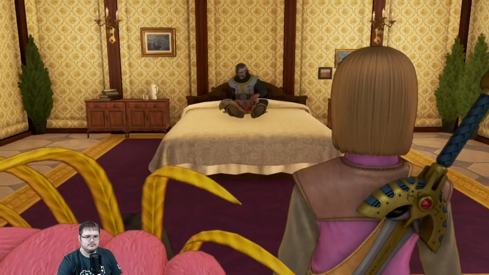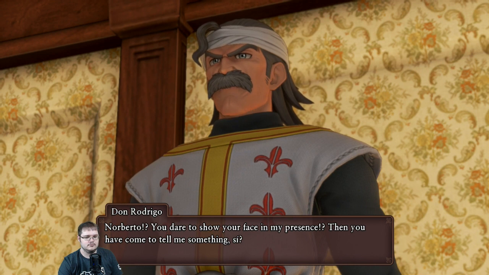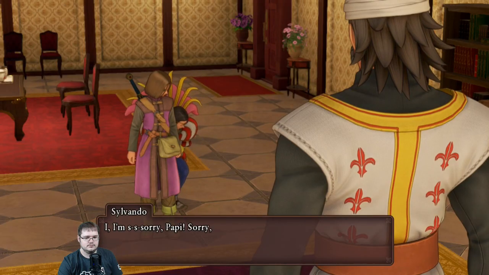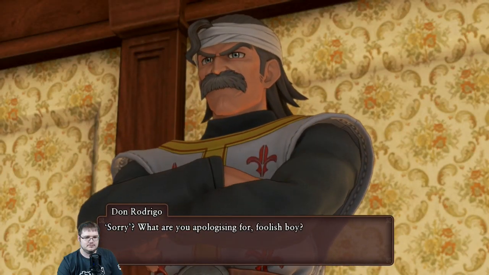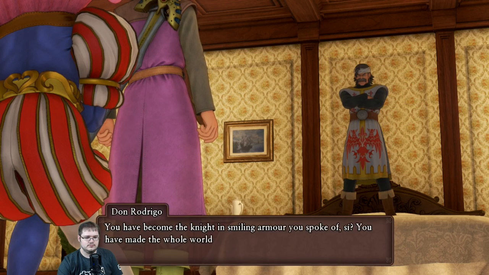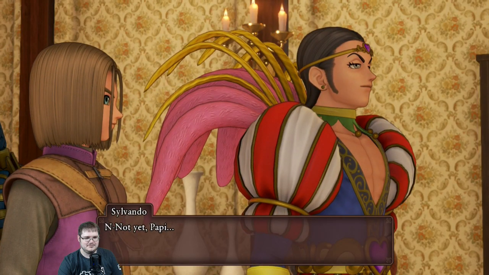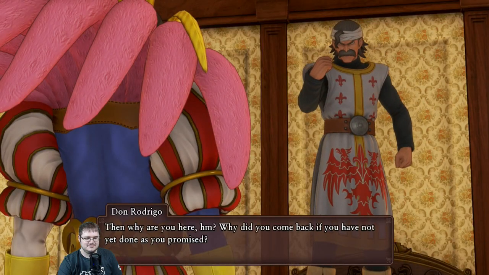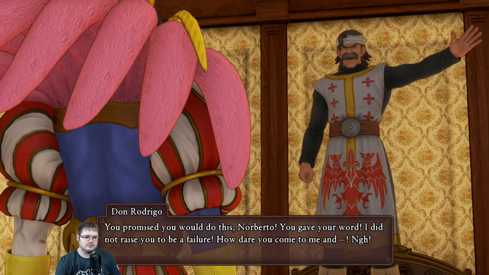Hi, papi. Caramba! Norberto, you dare to show your face in my presence. And you have come to tell me something, see? I'm sorry, papi. So sorry. What are you apologizing for? Foolish boy. You have become the knight in smiling armor you spoke of, see? You have made the whole world happy. Not yet, Papi. Then why are you here, hmm? Why did you come back if you have not yet done as you promised? You promised you would do this, Norberto. You gave your word. I did not raise you to be a failure. How dare you come to me and...